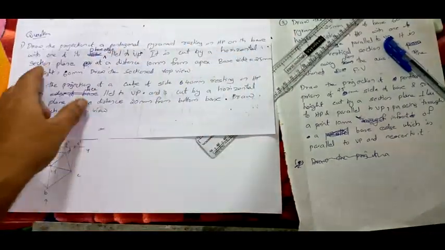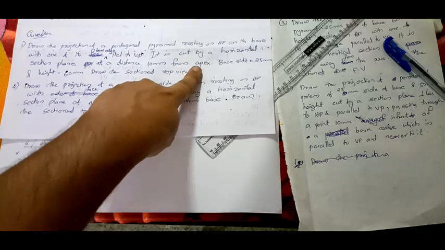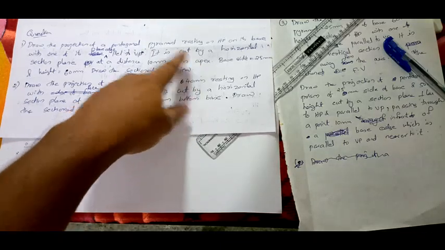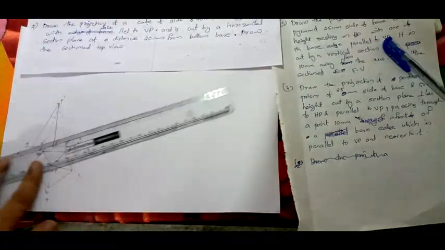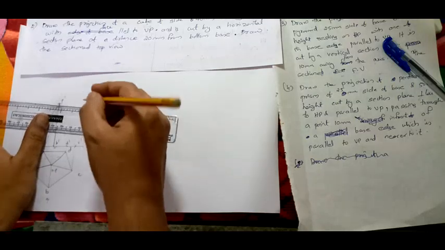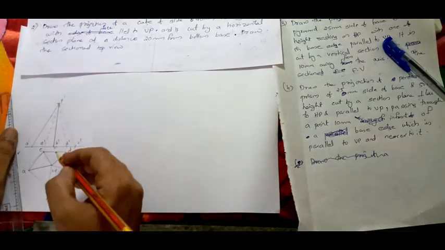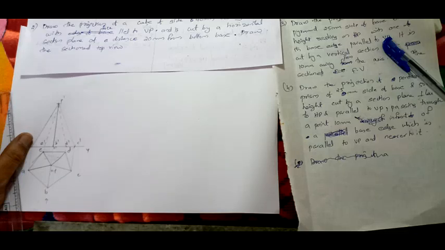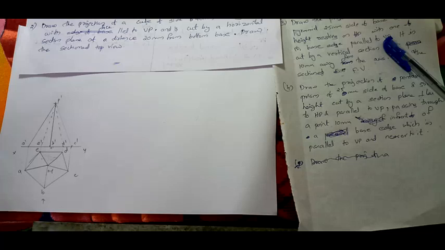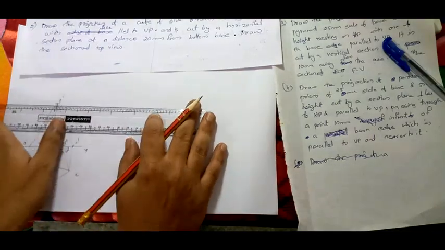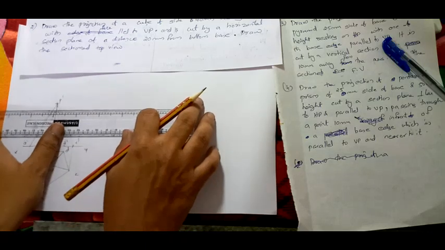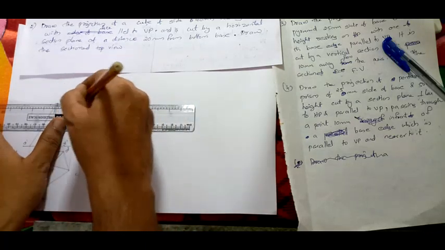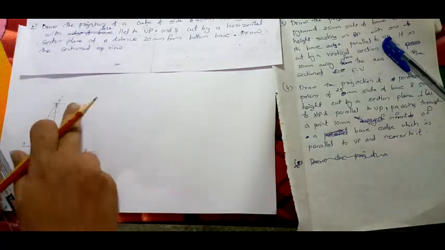So it is cut by a horizontal section plane at a distance of 10 mm from the apex. Now see, apex, right. The front view is a line parallel to the XY line. So apex means you have to make the roller scale, place the roller scale here, and move it parallel to the XY line. Draw a light line from P dash parallel to the XY line. This line is parallel to the XY line.